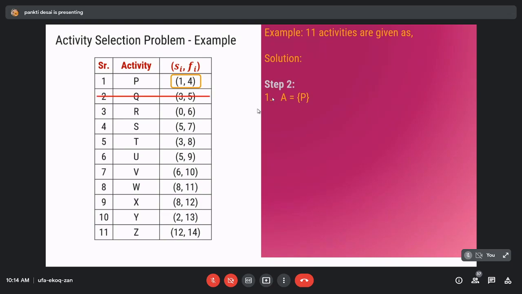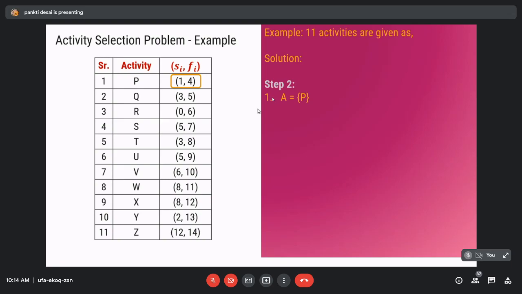For that we check the finishing time for each and every activity, and we repeat this step number 2 until all the activities get examined. So now how will we do it?